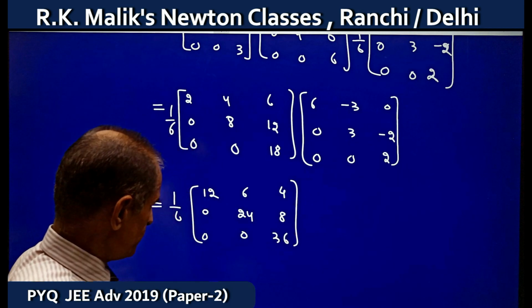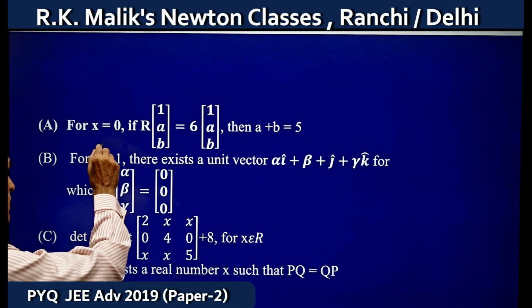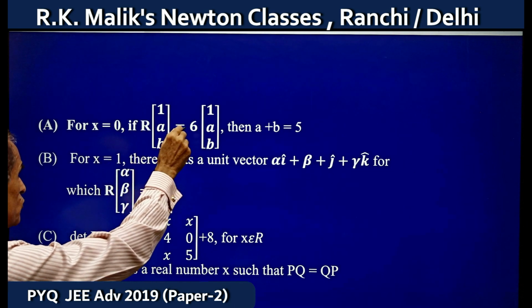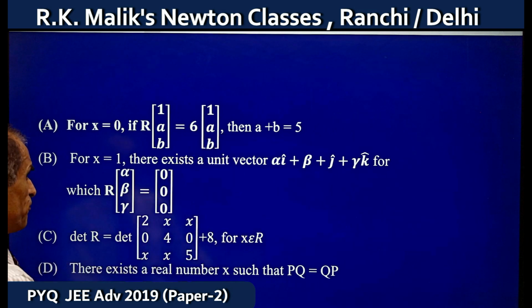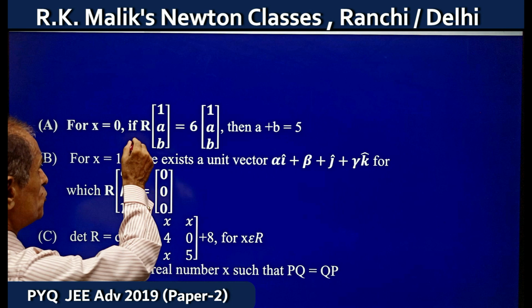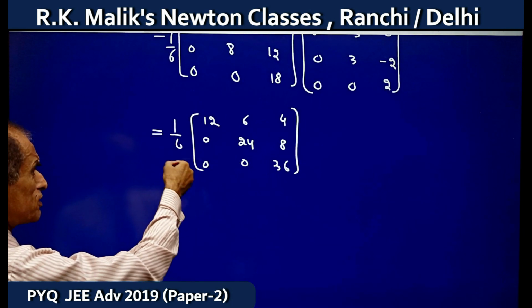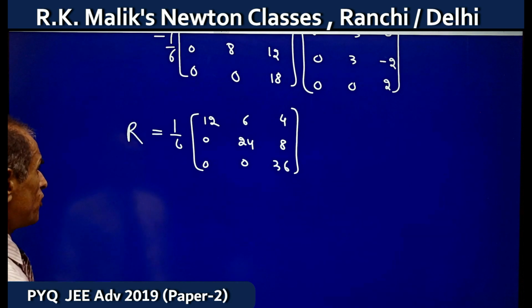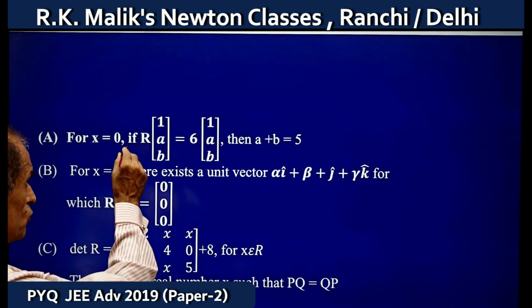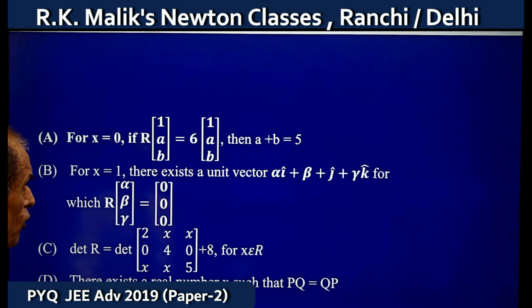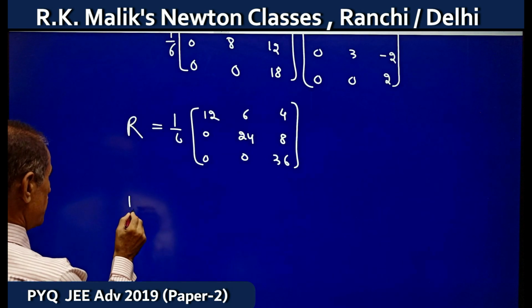8 here. Now he is saying for x equal to 0, if R into this column matrix is equal to 6 into the column matrix, then A plus B is. Then to check this choice, I put the value of R, because this was the value of PQP inverse, that is, this is the value of the R matrix. And now using R into this column matrix is equal to 6 into this column matrix, that is 1 by 6